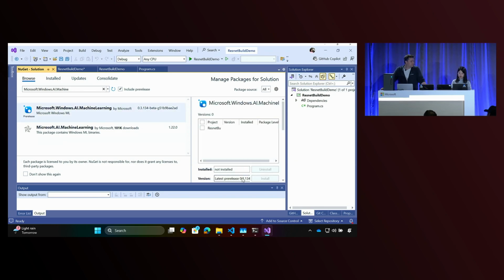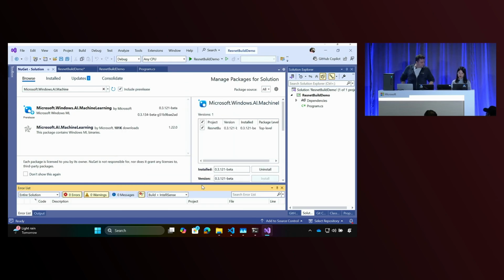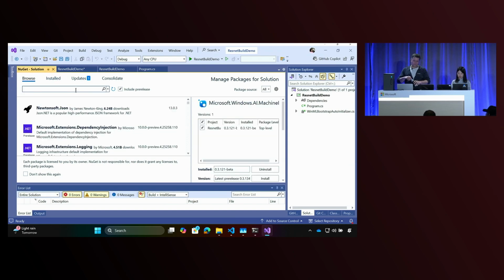I'm going to install this version. This NuGet contains the WinML runtime package, which you need to install. I think I selected the wrong one, so I'm going to reselect. It contains the Windows ML runtime package, which you need to install from your app installer. It also contains ONNX runtime bits, and also the ML layer APIs that download and provision the execution provider package for you.